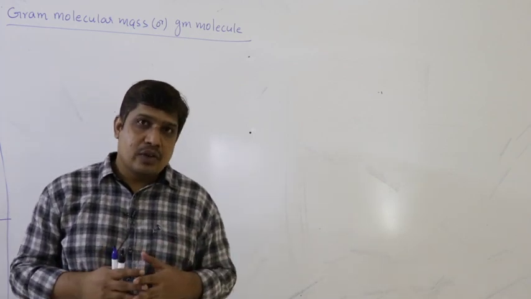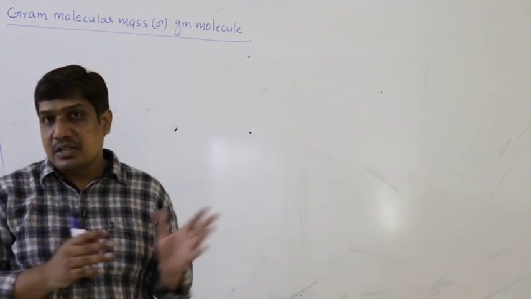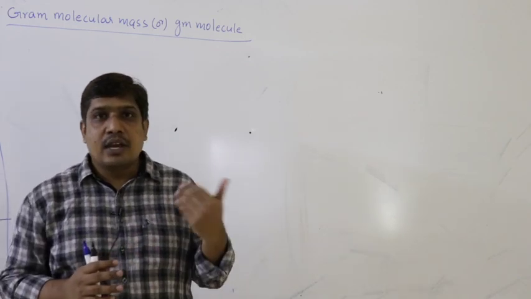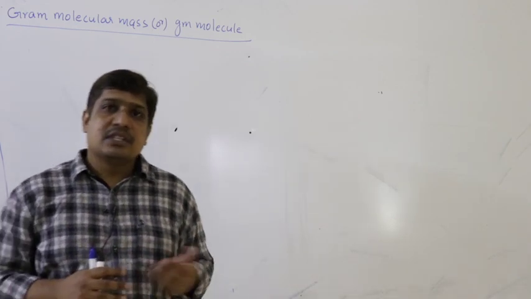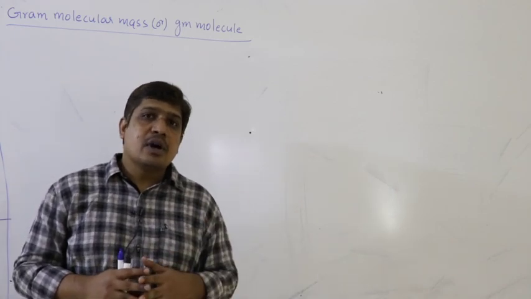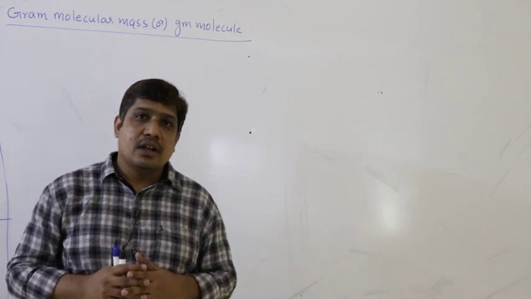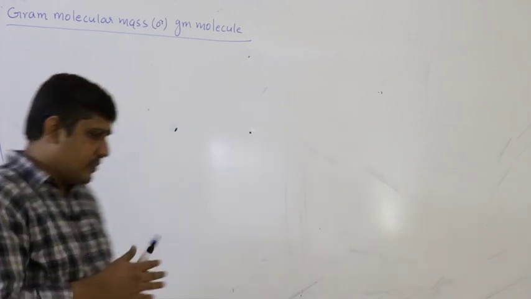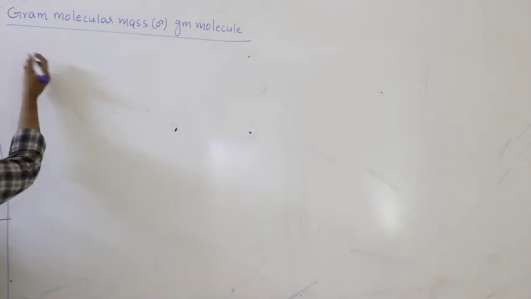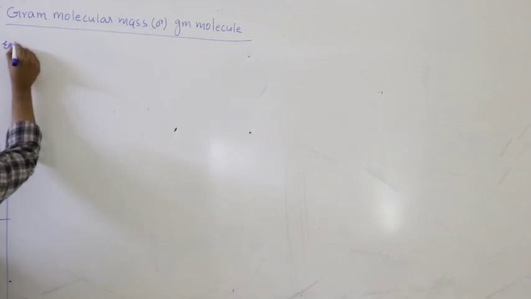AMU is a relative scale where the mass units are not balanced if you substitute in AMU. So, the same numerical value we express in grams, it becomes gram molecular mass. We are doing this to balance the mass units in a chemical equation. So, here let us take one example.